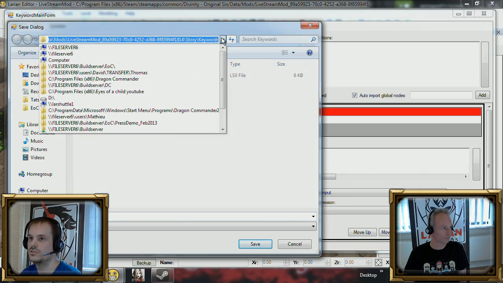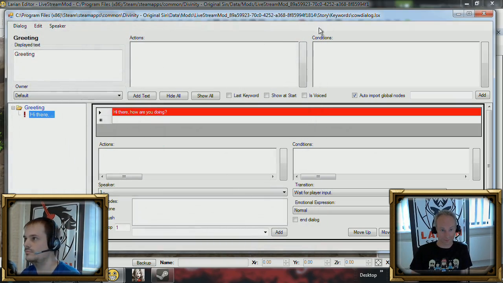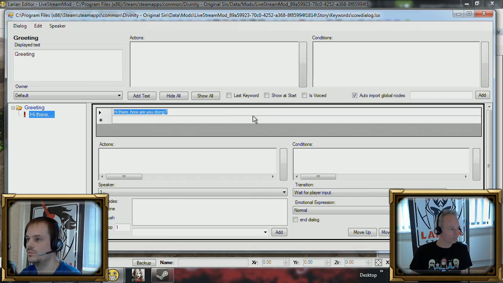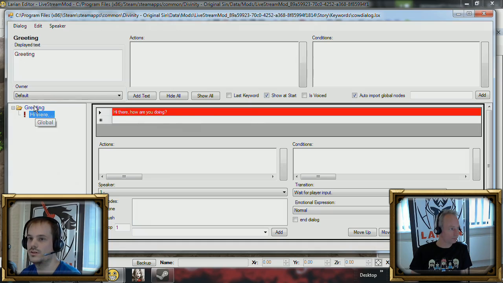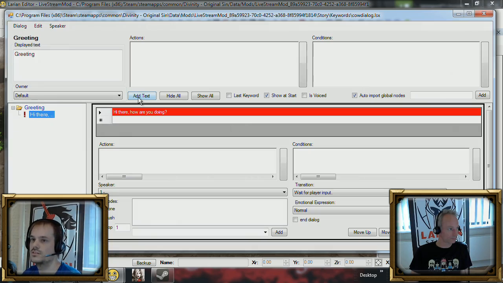It should open to the right folder. I'm just gonna name this cow dialog. Now we have one line of text. I think we need to set this to show at start, so the greeting will be shown once this dialog is triggered. And we're gonna add a new text,